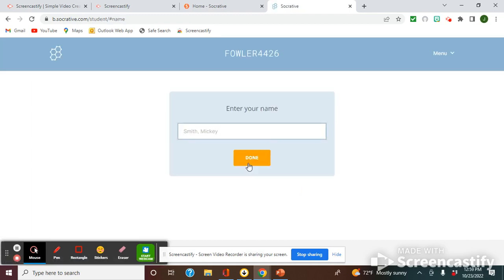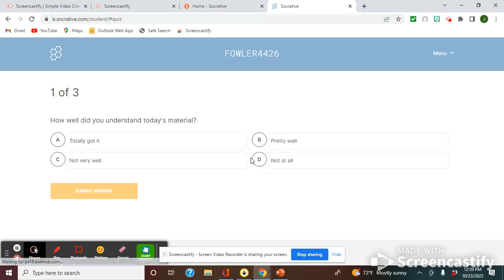Now, since I've already pulled up the program on the teacher version, the student can right away type in their name and get started. If I have not started it on the teacher side, then they could not get this far. They would just sit in a waiting room waiting. But since I have already logged in, I can put my name in. And the exit